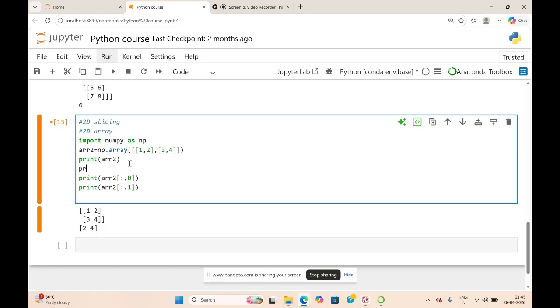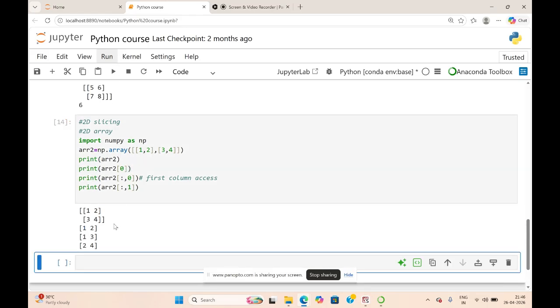This is first column access, I'll add this as a comment. If I have to access the first row alone, then access 0. Okay, now we can check. Yeah, you could see.